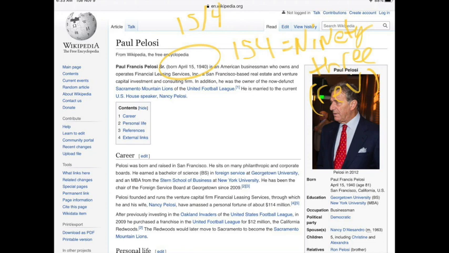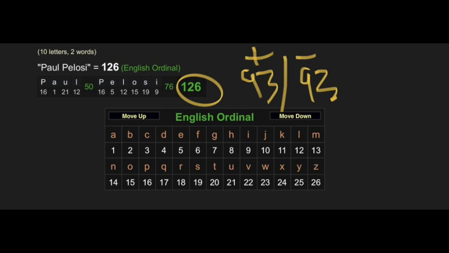again, we got Paul Pelosi equals 126, and we've been covering 126. It's the 9 plus 3 to get to 12, and 9 minus 3 to get to 6. You get your 126, and Paul Pelosi is a 126. Thomas Brady is a 126. So again, we are